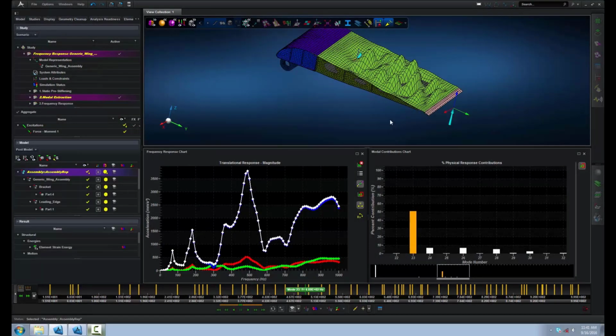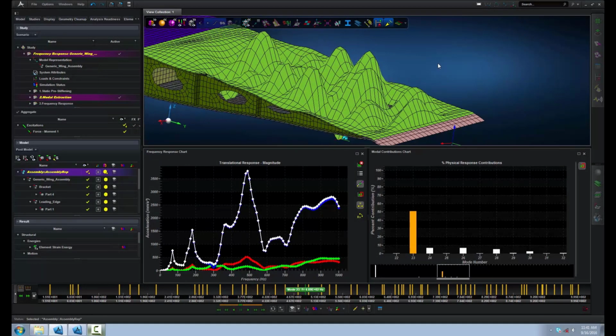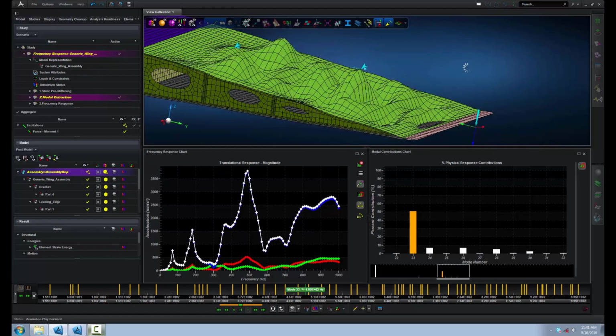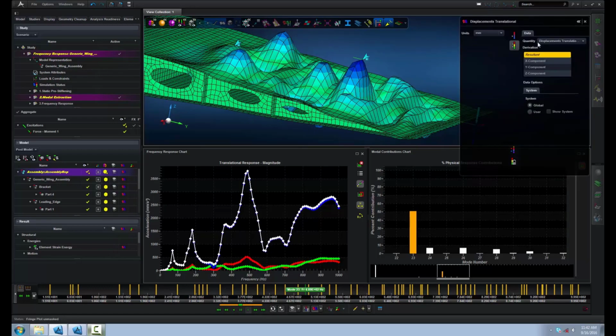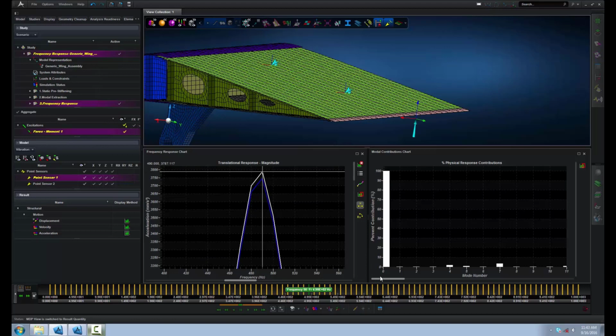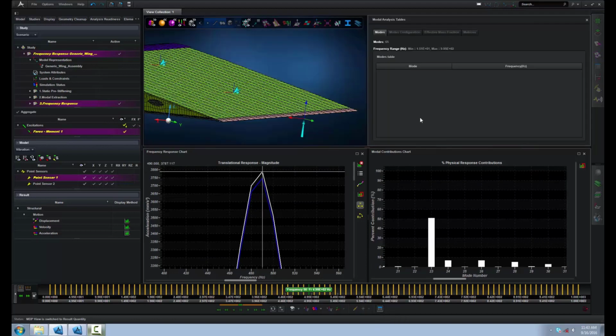For the next highlight, we're going to focus on frequency response dynamics. A couple years ago, we introduced all of you to our new frequency response dynamics capabilities, which for the first time ever allowed users to do design trade-off studies without ever leaving the user interface. Here, you can see a section of the What's New video we published back in 2016 when we introduced the